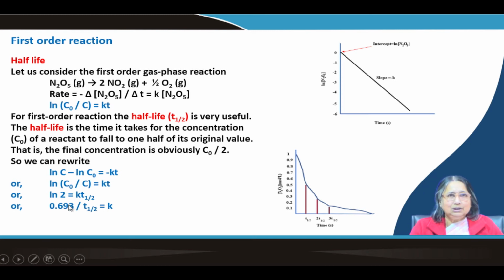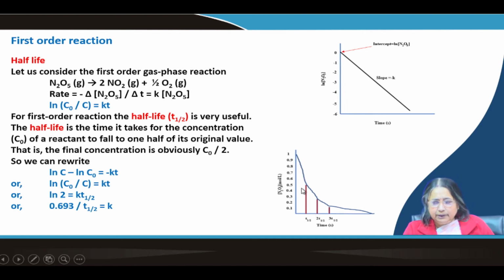But there is no concentration term here, you can see. That means half life does not depend on the concentration, it is a very characteristic thing. That is why, in radioactive elements also, when I discuss radioactivity, you will see that radium, for example, has some particular half life, and uranium has some particular half life. It does not depend on the initial concentration. It is a characteristic thing.